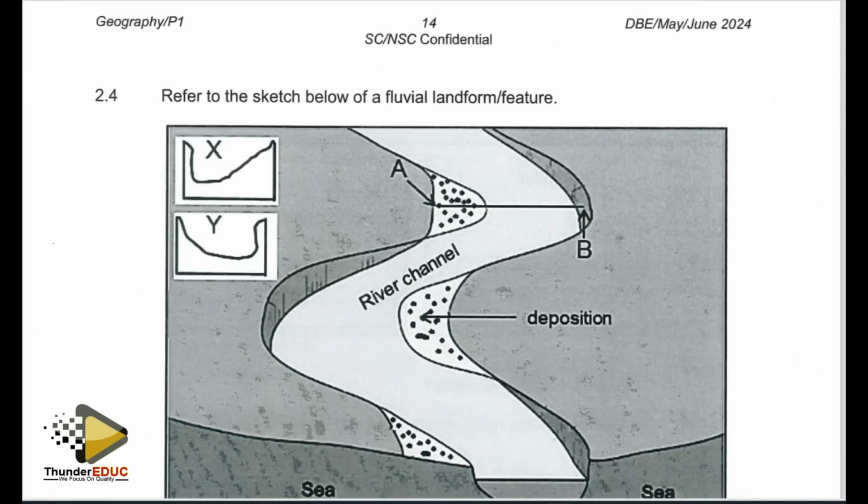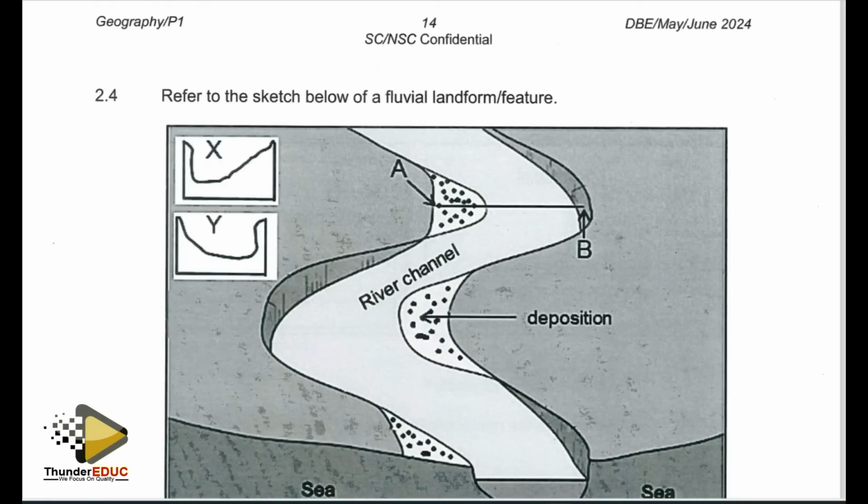Then give a reason for the shape of the cross profile. I think I've explained this before getting to the question. The reason why we have a narrow and deeper valley is because the river is predominantly eroding vertically, and also the river is still in its youthful stage. That is why the river valley is still narrow. There is less discharge, and the type of erosion does not allow for the widening of the river channel, but rather concentrates on the deepening of the channel. Right, we move on to the next question, which is question 2.4.